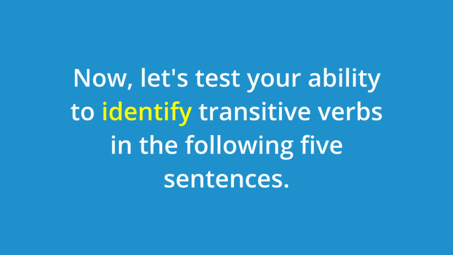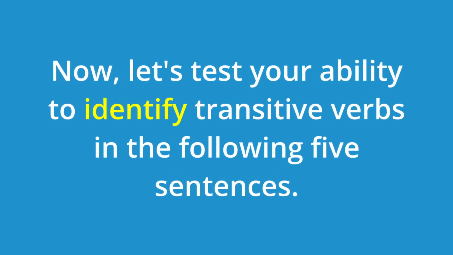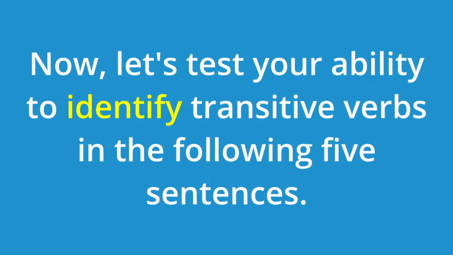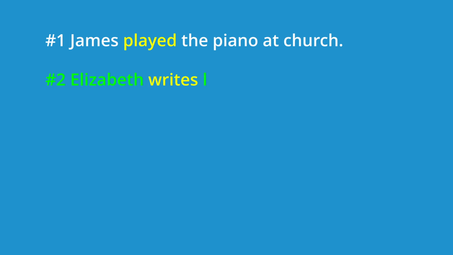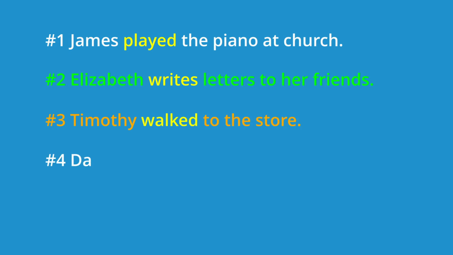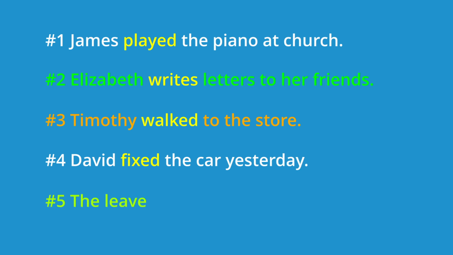Now let's test your ability to identify transitive verbs in the following 5 sentences. Sentence number 1, James played the piano at church. Sentence number 2, Elizabeth writes letters to her friends. Sentence number 3, Timothy walked to the store. Sentence number 4, David fixed the car yesterday. Number 5, the leaves fell from the tree. Now pause the video for a few moments and take some time to identify if the sentence has a transitive